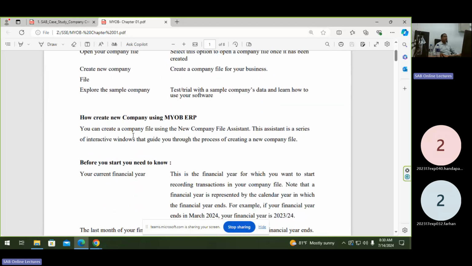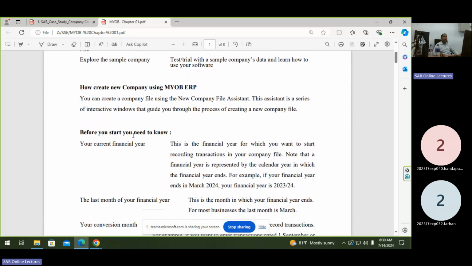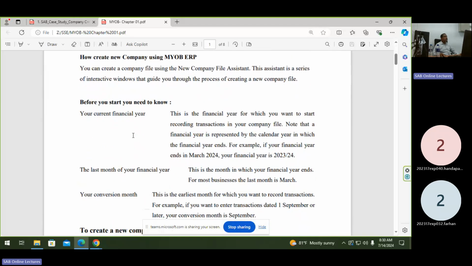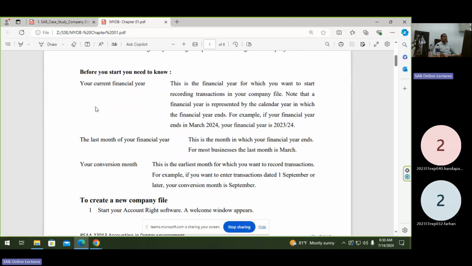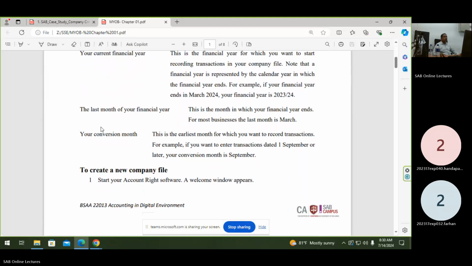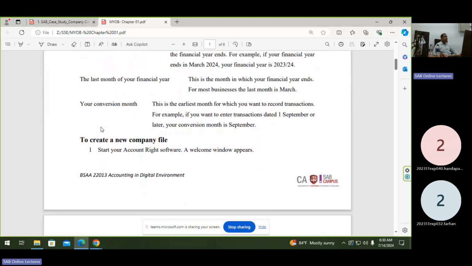Create the new company from the MYOB ERP application. How to create a new company? All the necessary information is given in the tutorial lecture material. How do you select the current financial year? What is the last month of the financial year? And your conversion month? You have to search and complete these details.